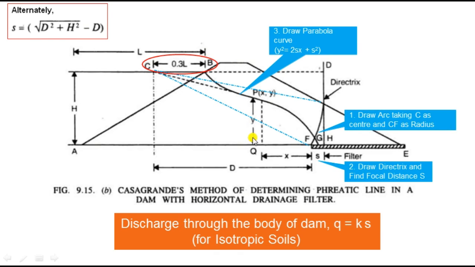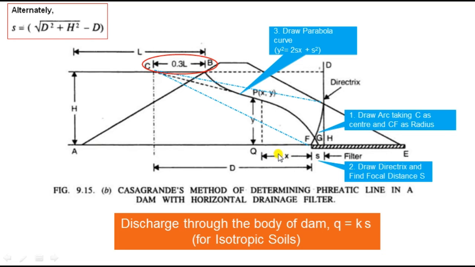And put y for finding the value of y, because once the phreatic line is completely built, first we get the points, after that we have to draw that line. So we can get the value of y square. The x value is here because we have the value of d, and we only have to find out the value of y square because those are the x values.